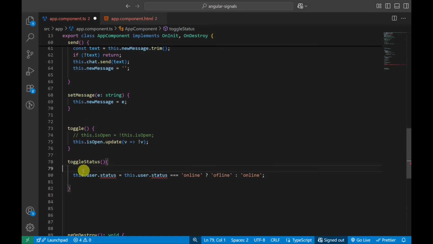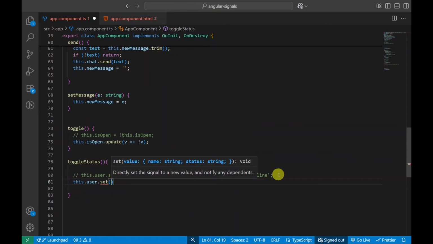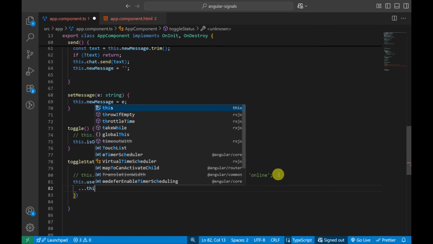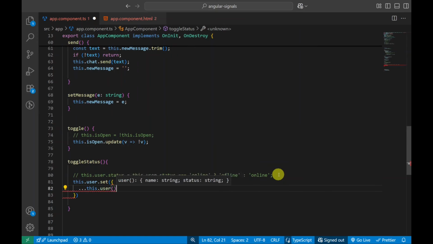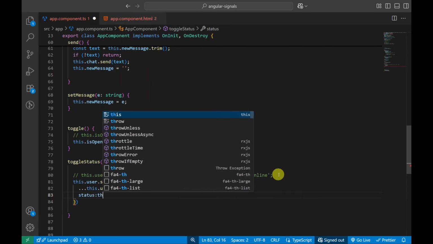Now in the toggleStatus method, I use the set method for setting new data. I just copy the previous one, and here I change the status.